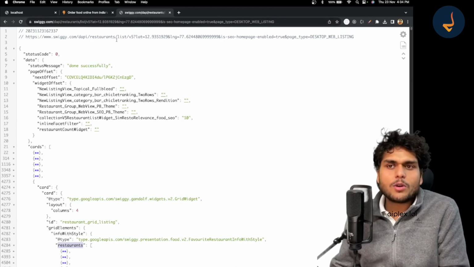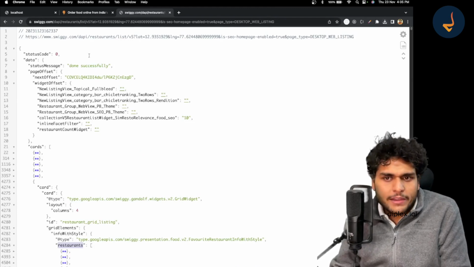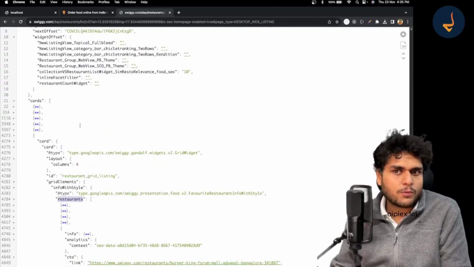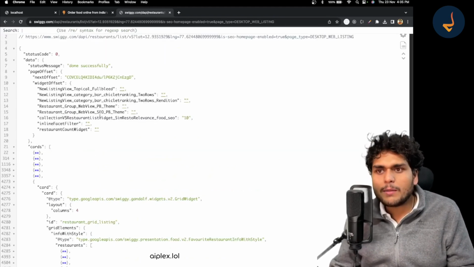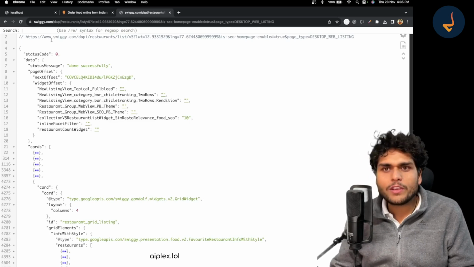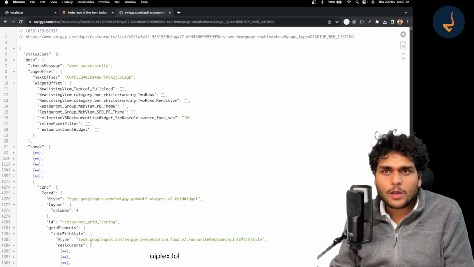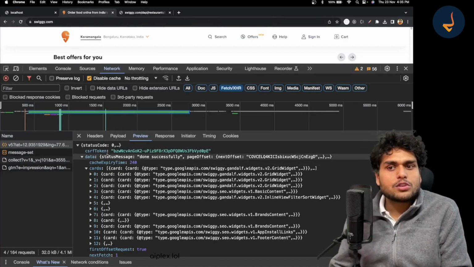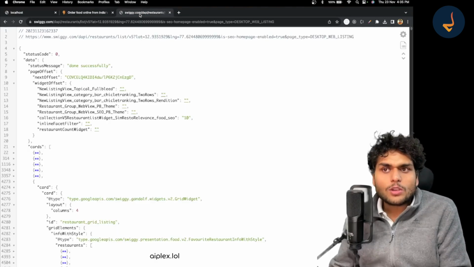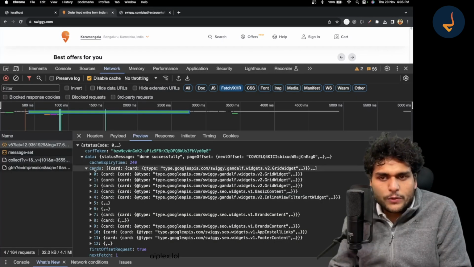You can install the JSON viewer. It gives you a better view of the full API data over here. You can also search; you can press Command F and search anything if you wish to. So it gives you a lot more control. But you can find it from here also. It is the same data returned, the same data which is shown over here.